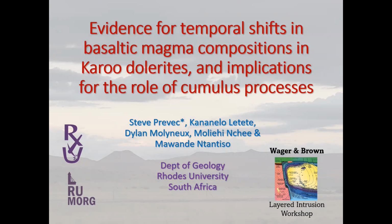Okay, so I will be continuing with the theme that Martin introduced, which is talking about the Karoo. So I won't get ahead of myself. Again, the implication is a more complex emplacement mechanism than just a single pulse. Also to explain sills on the order of a couple hundred meters thick, but much less interesting than the Welsh ones we've been hearing about in terms of